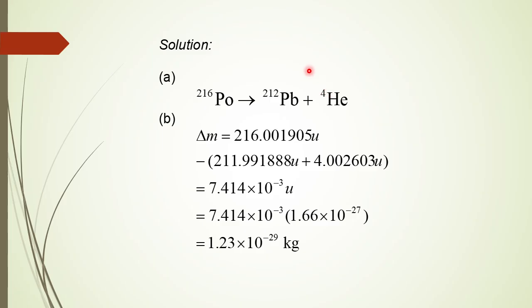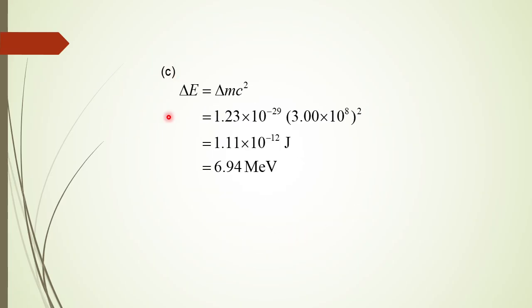Right, so let's write out the equation for this nuclear decay. It's quite simple. The polonium decays into lead and helium. So we can find the change in mass with the masses given, and we find that the change in mass is 1.23 times 10 to the power minus 29 kilograms. So the equivalent change in energy using Einstein's equation is 1.11 times 10 to the power minus 12 joules,